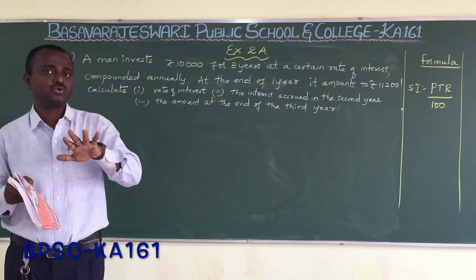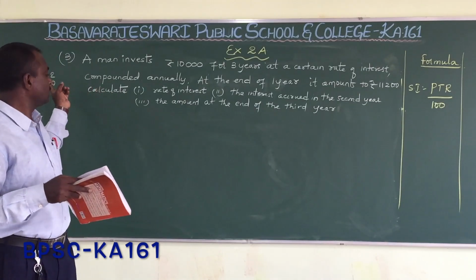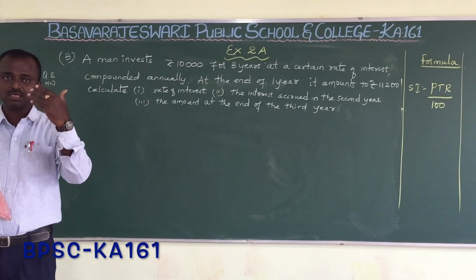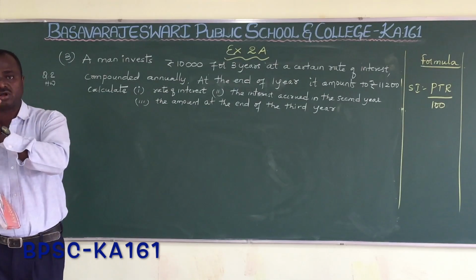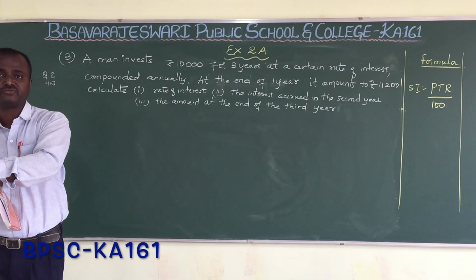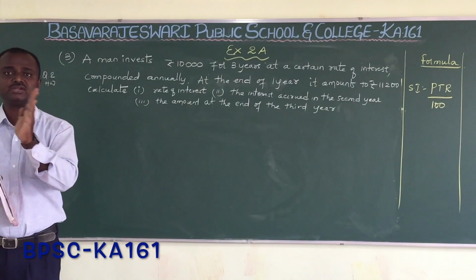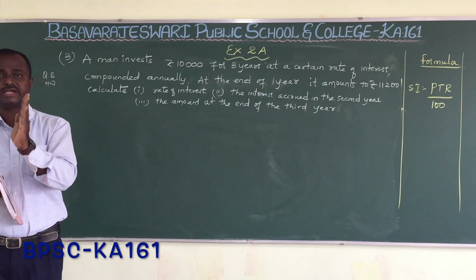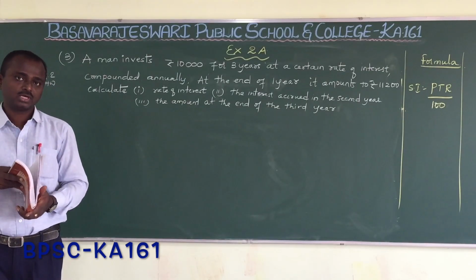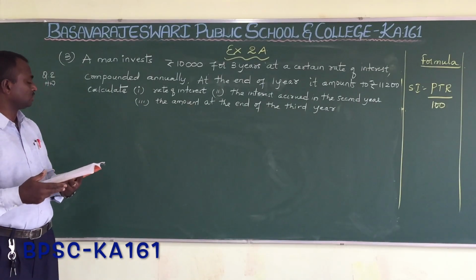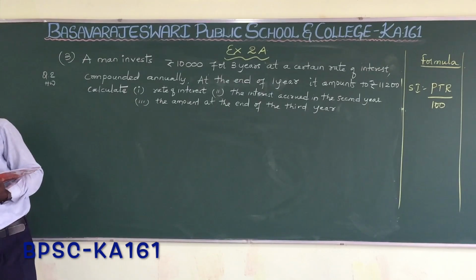So therefore, I am giving question number 2 as homework. First you find simple interest in the first case. Second, you find compound interest using the compound interest formula. Then find the difference between the simple interest and the compound interest. That is nothing but the profit for Rohit. Okay. Now I will move on to question number 3.